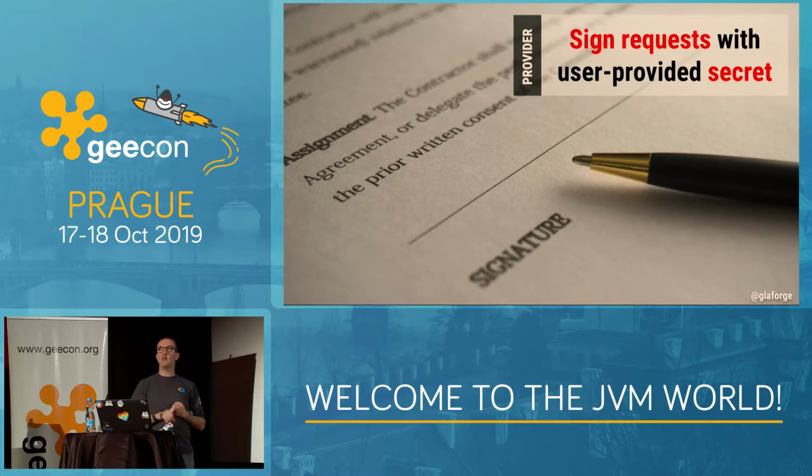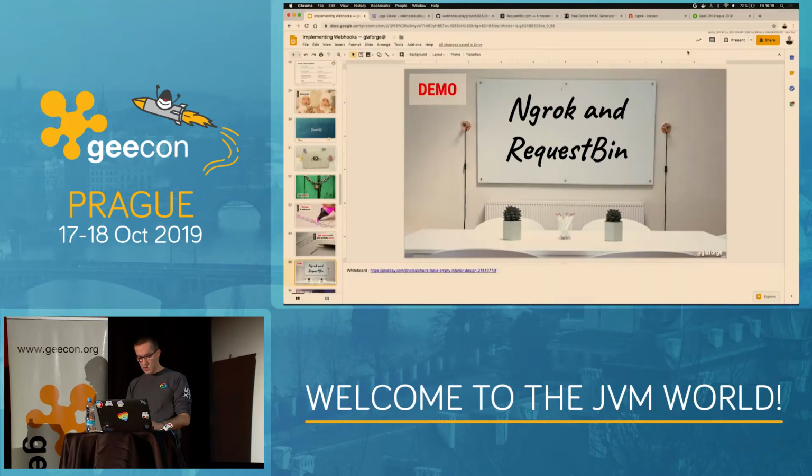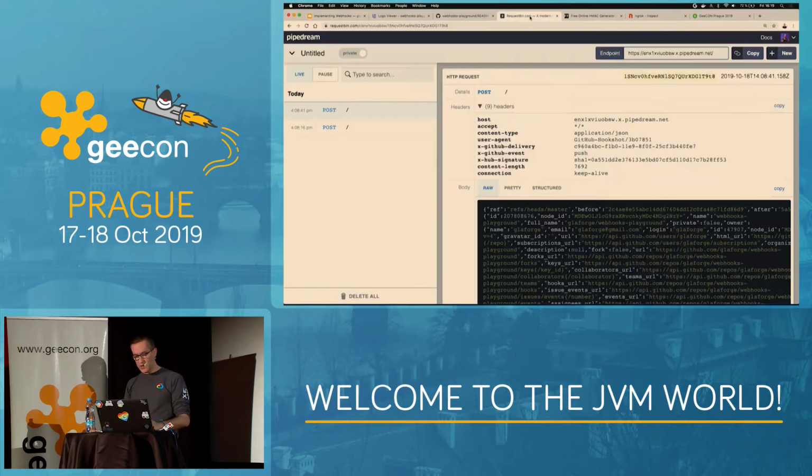Another thing as well to ensure that it's the right person that called you is signing requests with potentially a user-provided secret. So that's what I did. I already showed request bin, but I'm going to show you something with the request we just did. If you look at the request I received, let's look at the headers in particular. You're going to see here X-Hub-Signature, sha1 equals, and then some hexadecimal string, right? What this actually is, it's an HMAC signature,